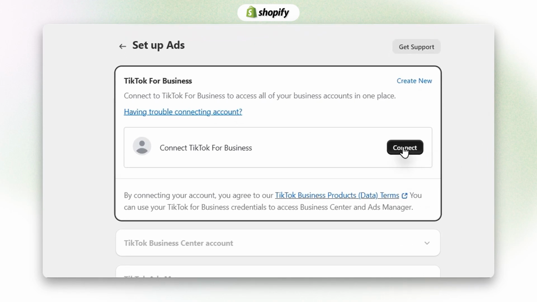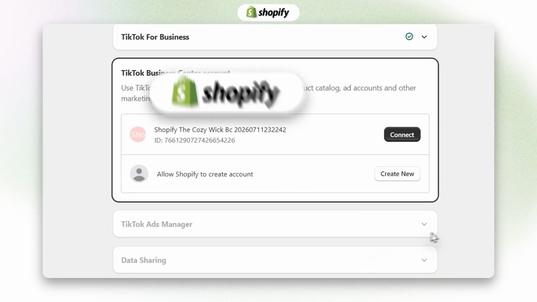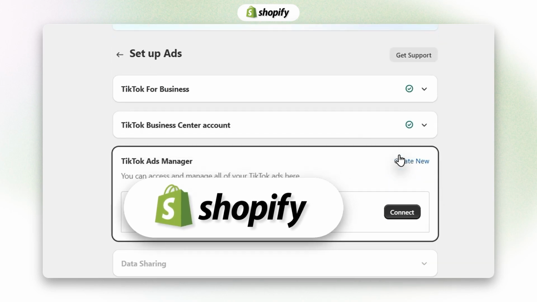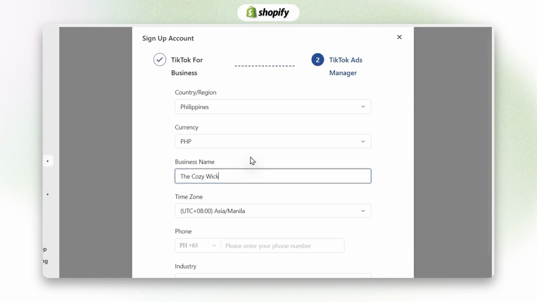You will be prompted to connect your TikTok business account. Enter your credentials and log in. Next, under the TikTok Business Center account section, click Connect. Under the TikTok Ads Manager section, choose to create an account, fill in your title, and update your phone number